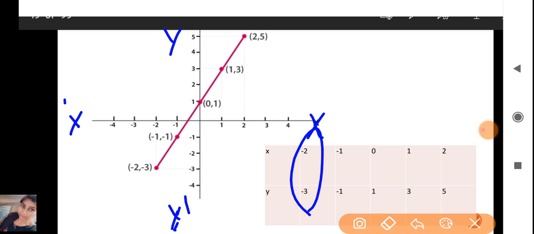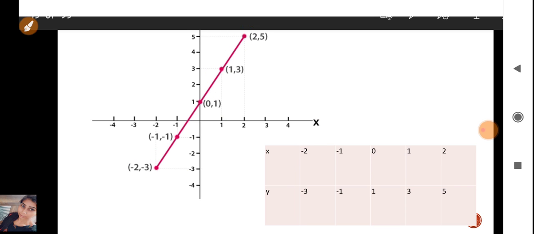So again, for the value of y I've taken till 5, you can take till 6 also, or you can take some more values also. I've just taken 5 points that I'm going to plot. So it is minus 2 for x, and y is given as minus 3. So minus 2, minus 3, the first point, then minus 1, then 0, 1. So here it is 0, 1, so obviously this point, then it is 1, 3, so 1 from here, 3 from here, then 2, 5. So these are the different values given for x and y axis.